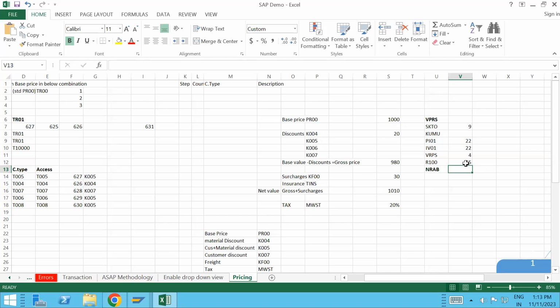For PI01 and IV01, what will it check, sir? It's not only the item category, they have a different setup. PI00 and IV00 are the intercompany conditions, so it will check the ordering company and delivery company. Make a note. PI00 and IV00 requirement type is 22. Requirement 22 checks